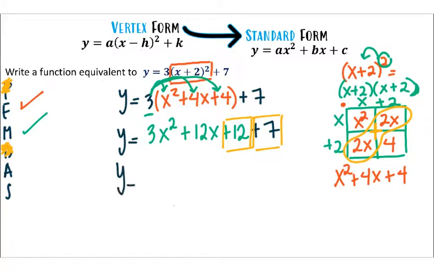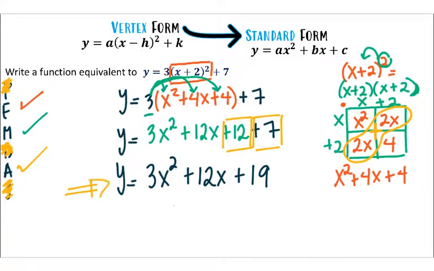So our final equation will become y equals 3x squared plus 12x. And when you combine those two constants, 12 and 7, that should give you a positive 19. So we have added. There's no subtraction sign, so there's no need to subtract. So if we're done with orders of operation and we have a y equals equation, we have written our equation